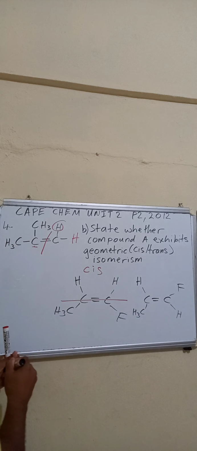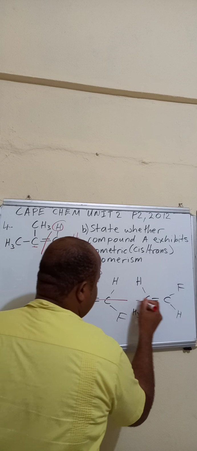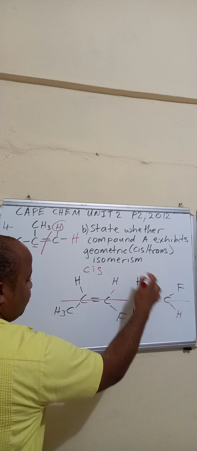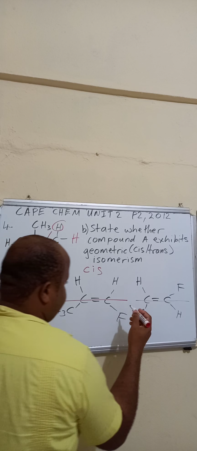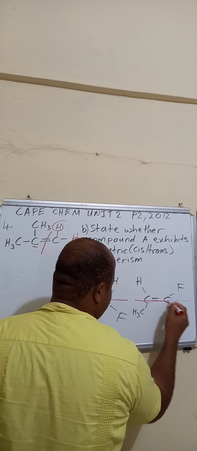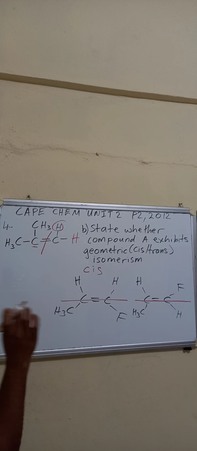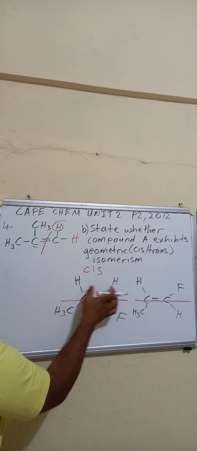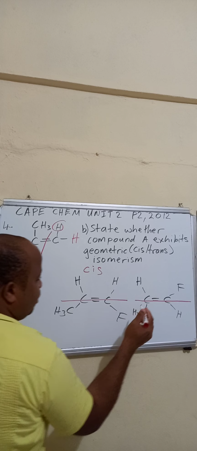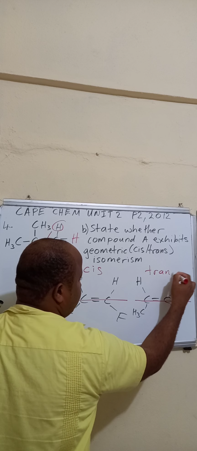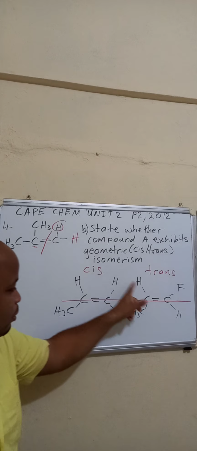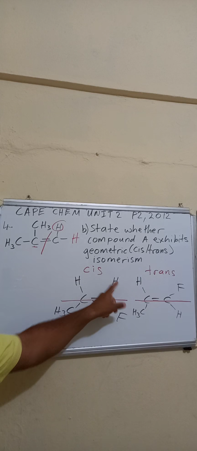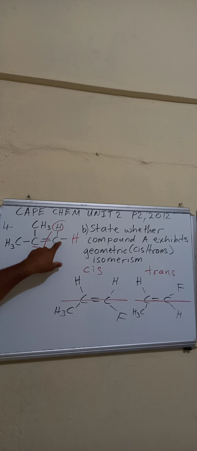And then in the next instance, they will be on opposite sides of the double bond. Alright? So with cis, the same group is on the same side of the double bond, and in trans, they are on opposite sides of the double bond. So trans and cis. Now if you look at this compound,